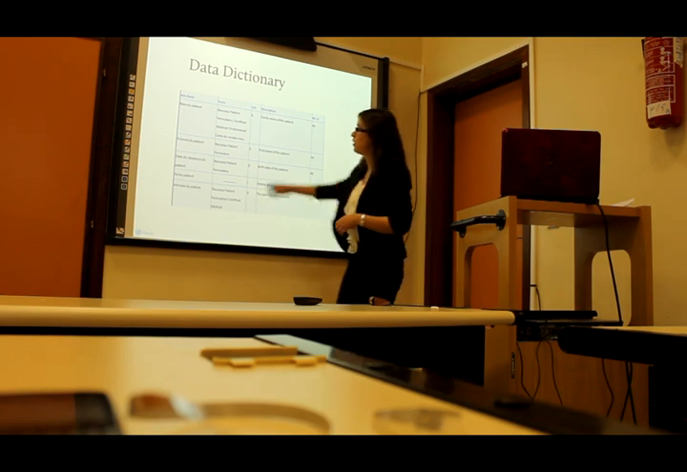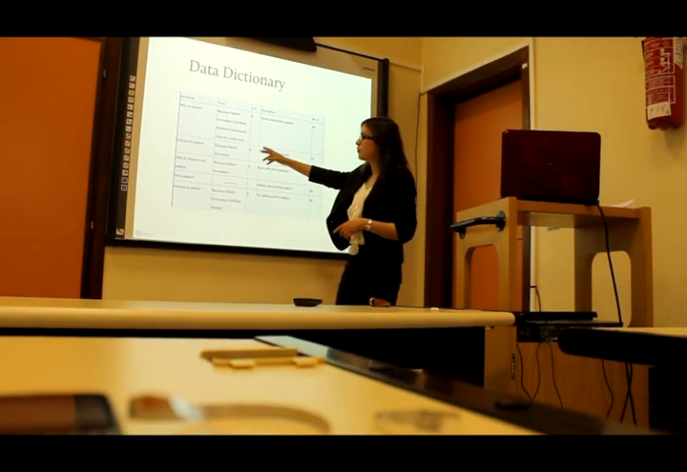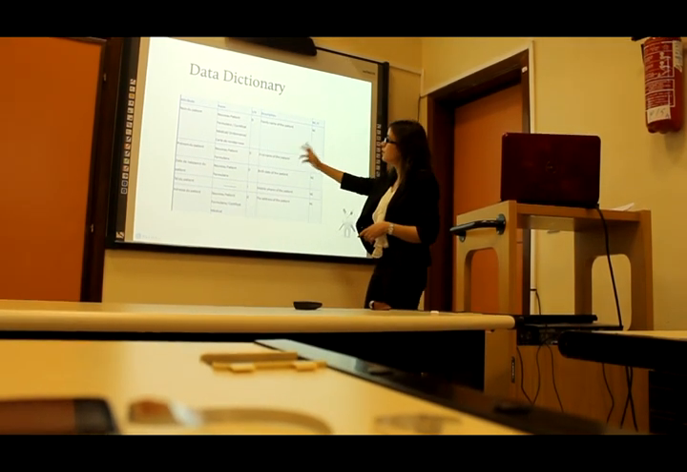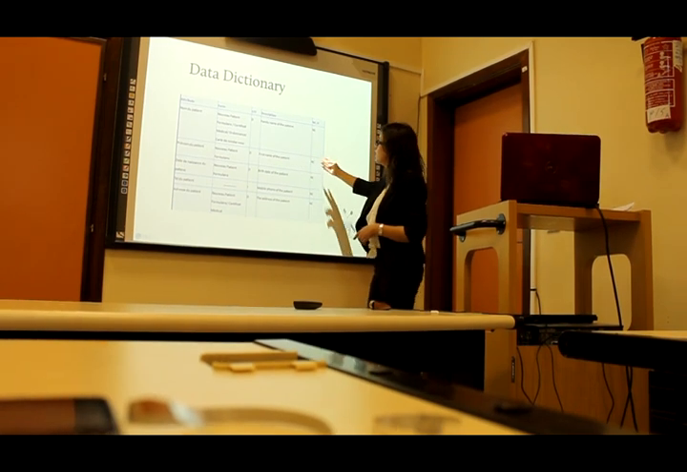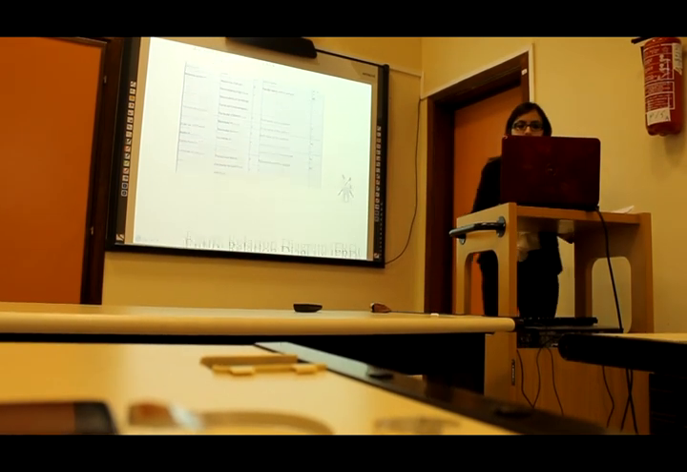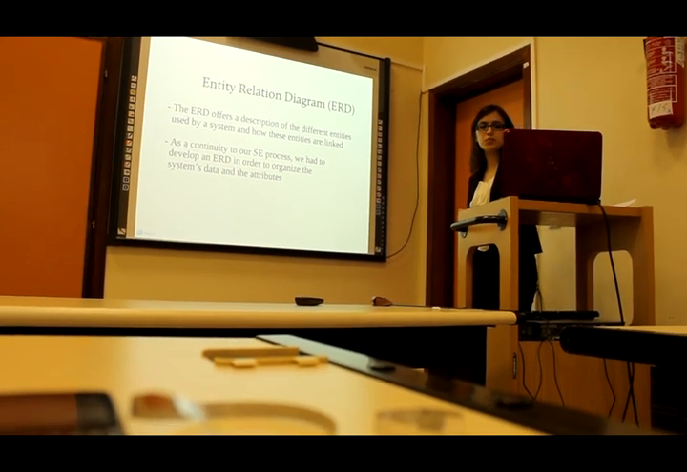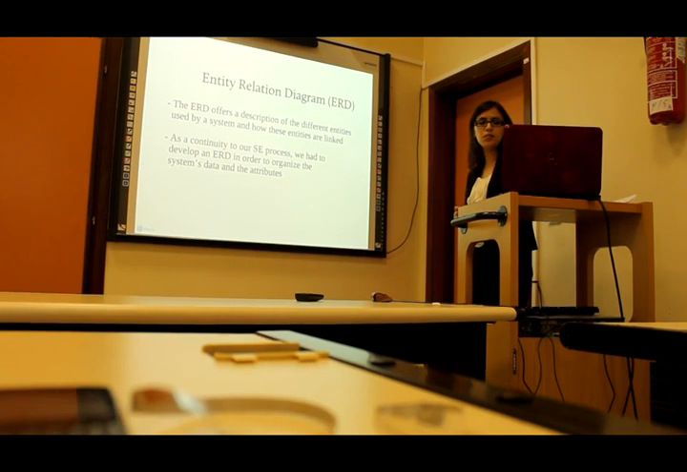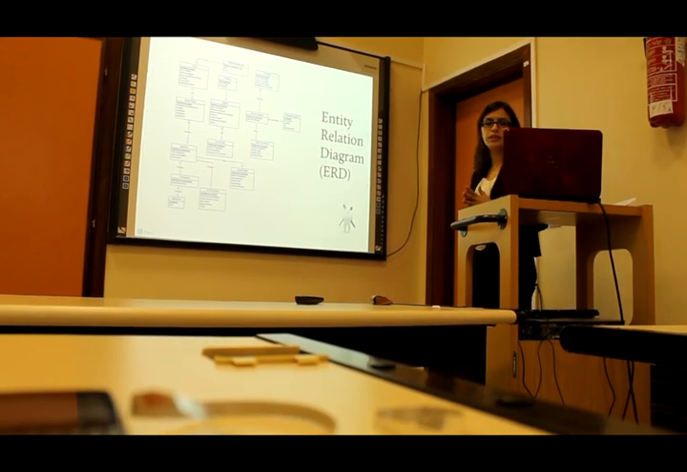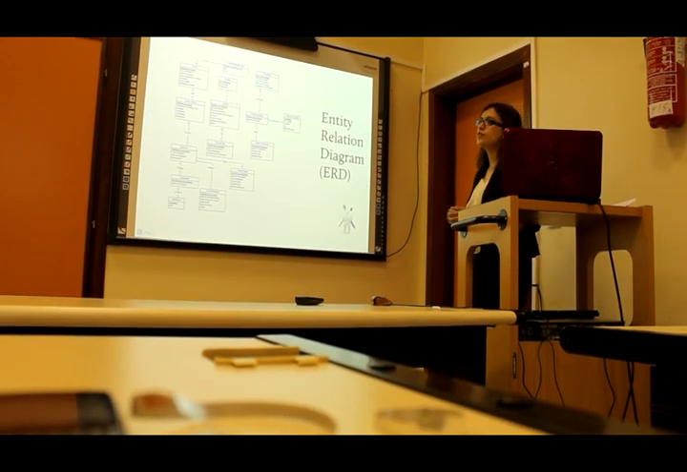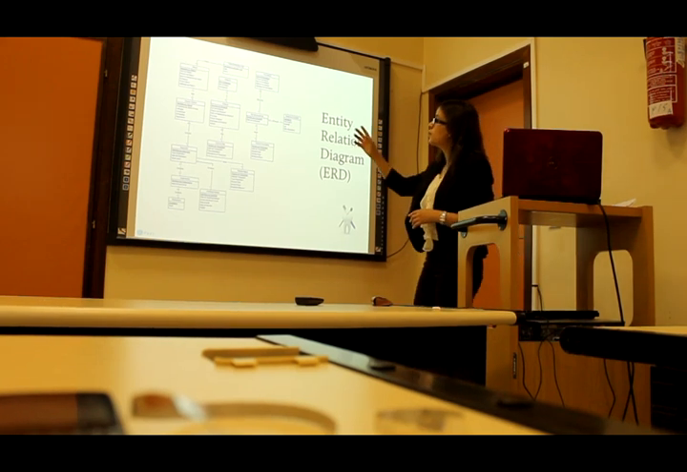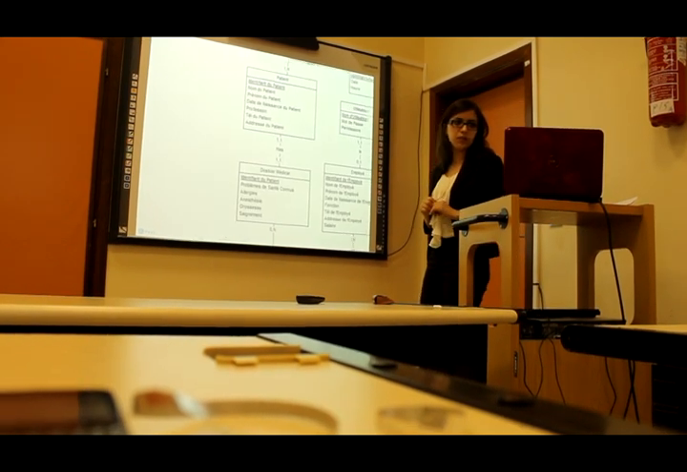As you can see here, these are the attributes, the form that we get them from, and if it's inductive or deductive approach, the description, and if it's countable or non-countable. For the entity relation diagram, which offers a description of the different entities of the system and how those entities are linked, we get these entities from the data dictionary. And so this is our ERD. We will